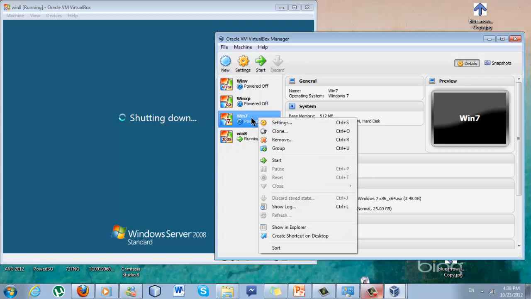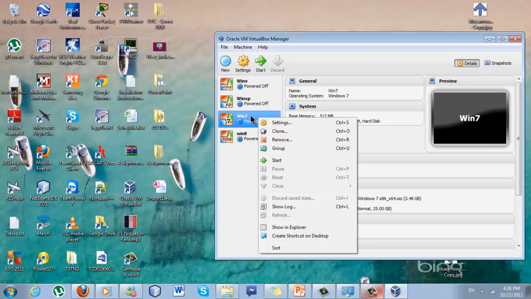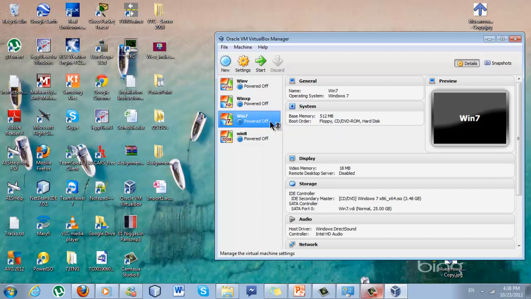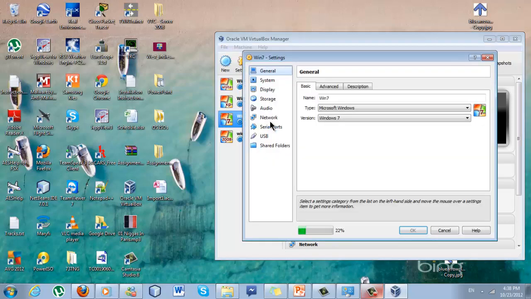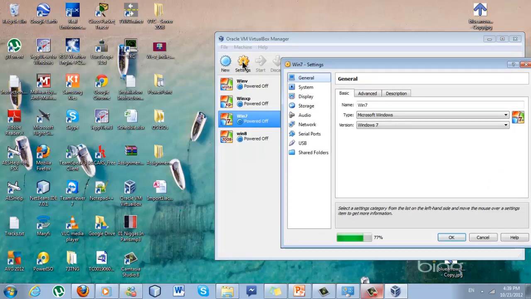network interface cards on the other machines. Make sure that they have the correct interface cards. So we go to settings, right click on one of them, settings, or you could just select it and go to settings down here on the VM manager. We go on to network,